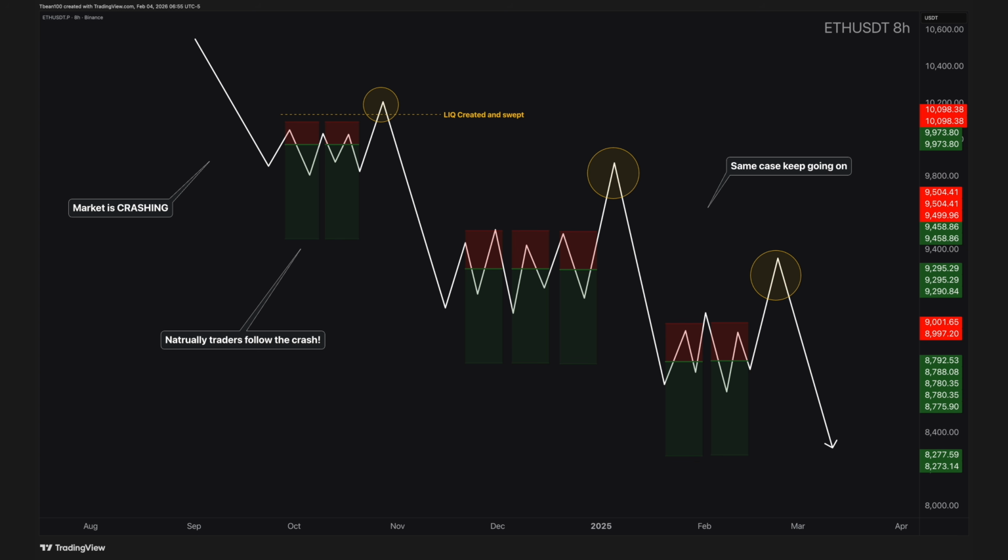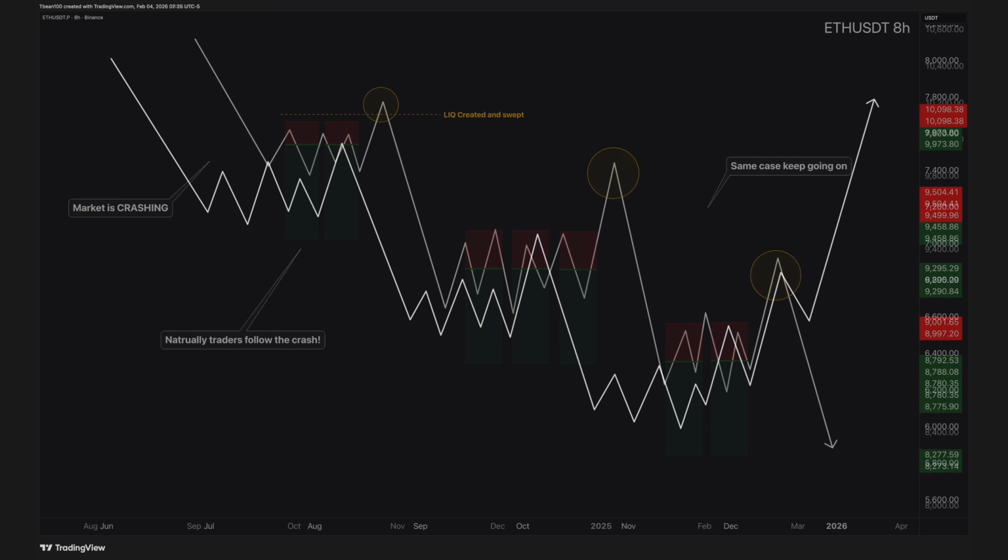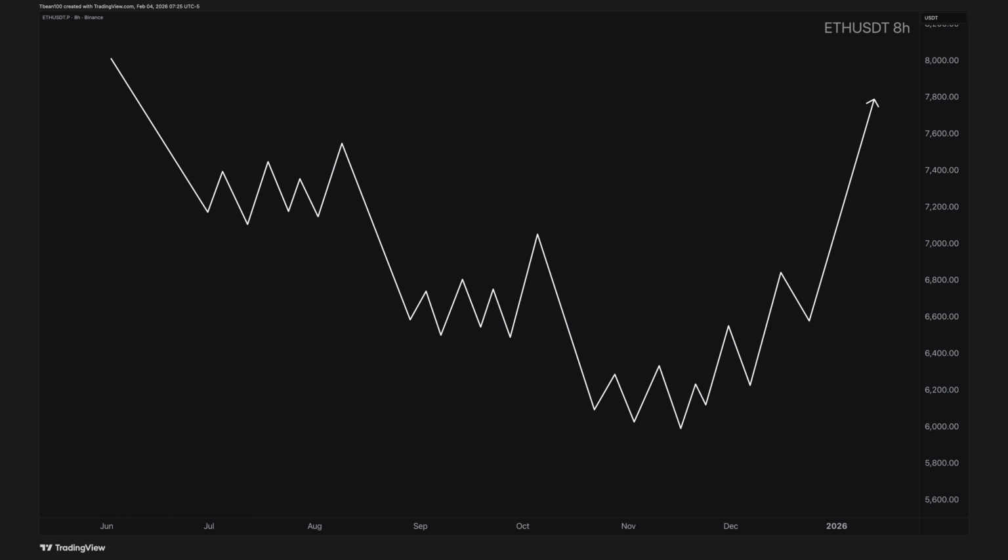But that does not mean we can enter trades at just any random point. We need to be aware of liquidity pools where thousands of stop losses are stacked and gathering in specific areas. We also need to understand that liquidity pools can be created and swept at any moment. As I said before, following the prior highs and lows and knowing which side is getting taken out is critical